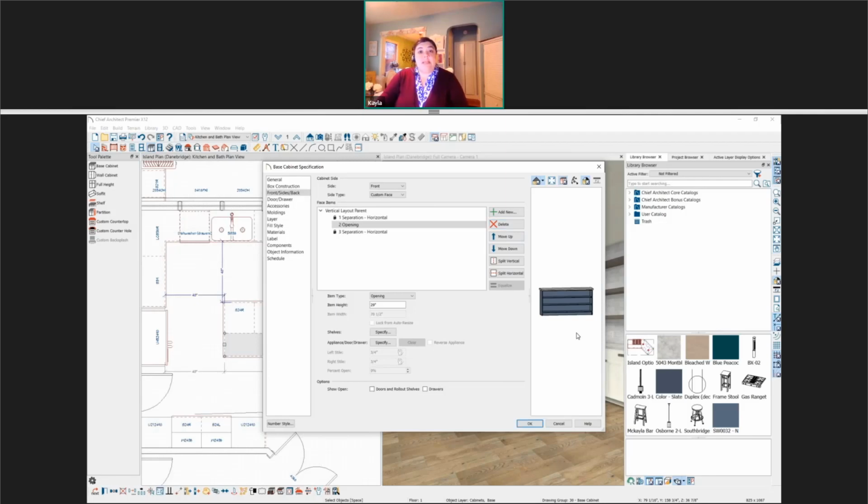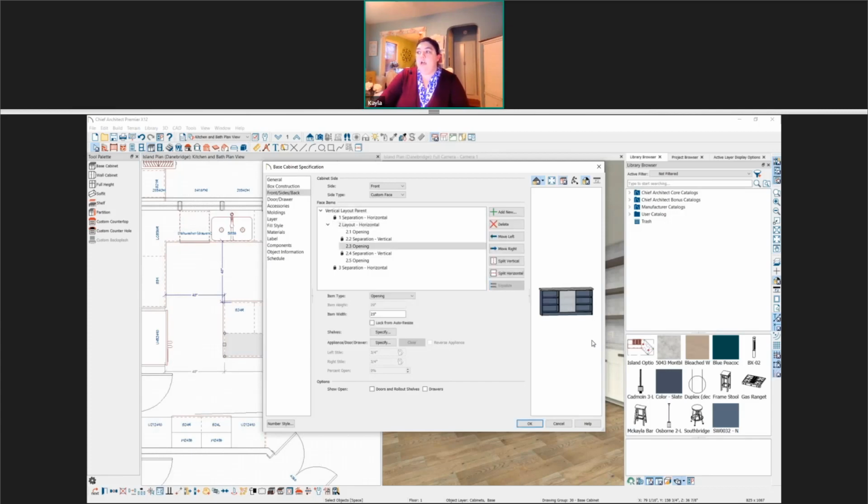And then I want to split this into 3 vertical sections. So I'm going to select this big area, split it vertically, select a component again, split it vertically one more time. And then I can dimension each of these individual sections. So you can see I have 3 openings here if I want to change the width. Or I can click on the entire horizontal layout, so all 3 of those openings will select, and I can equalize them. So I have 3 equal openings in this bookcase.